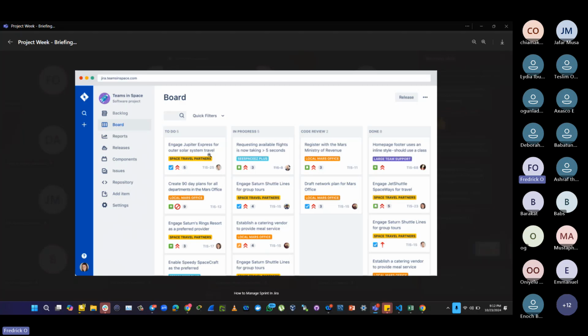If somebody is working on it, the person is supposed to move it to this section and it will be under in progress. So all these things are currently in progress. You see that? And when the person is done, the person can move it to the reviewing section. Once you're in the reviewing section, you can reach out to me and I will come and review what you've done. If it's okay, I'll move it to done. So by the time you are done with everything, it means you are done with your project.